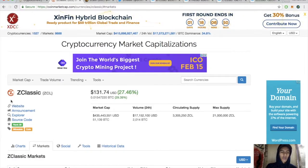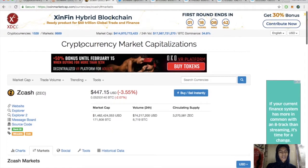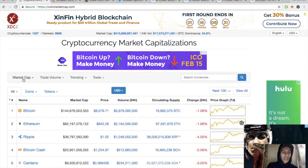In today's episode, guys, we got a technical analysis on Zclassic here. For those of you that don't know, Zclassic is actually a hard fork from Zcash. The only difference is now 100% of the mining rewards are going to the miners instead of 20% going to the founders. But really quick, guys, before we dive into the Zclassic technical analysis, let's take a look at the